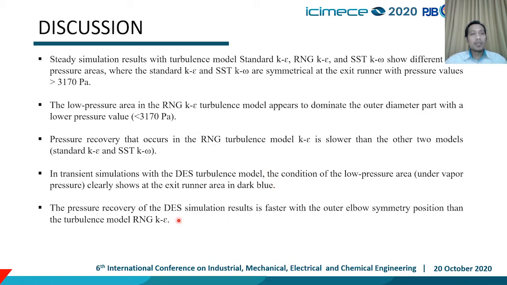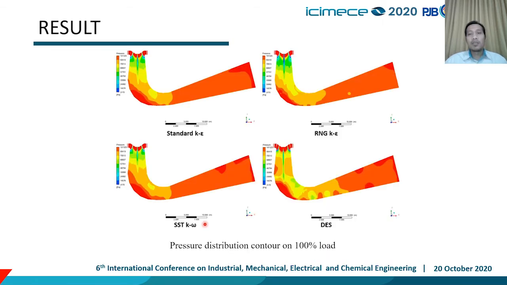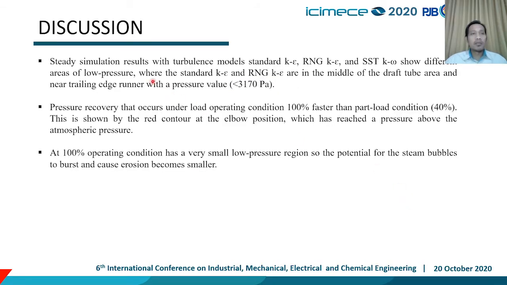The pressure recovery of the draft tube simulation result is faster at the outer elbow symmetry position than with the turbulent model RNG k-epsilon. And then the pressure distribution on 100% load. The discussion is that the simulation results with turbulence models standard k-epsilon, RNG k-epsilon, and SST k-omega